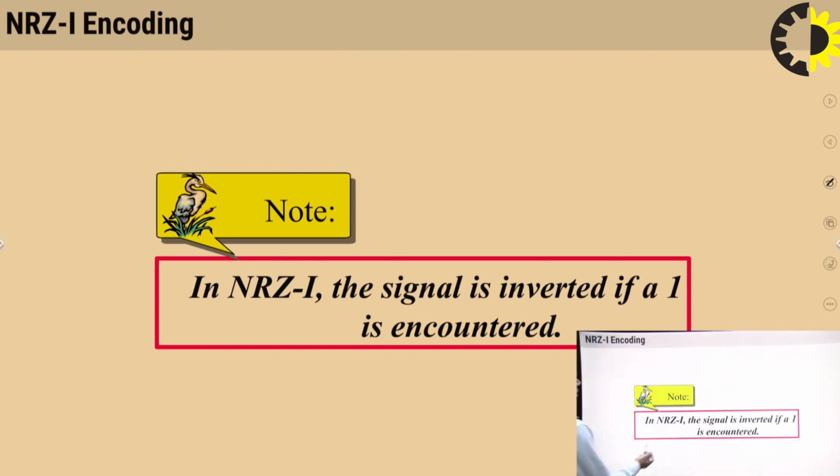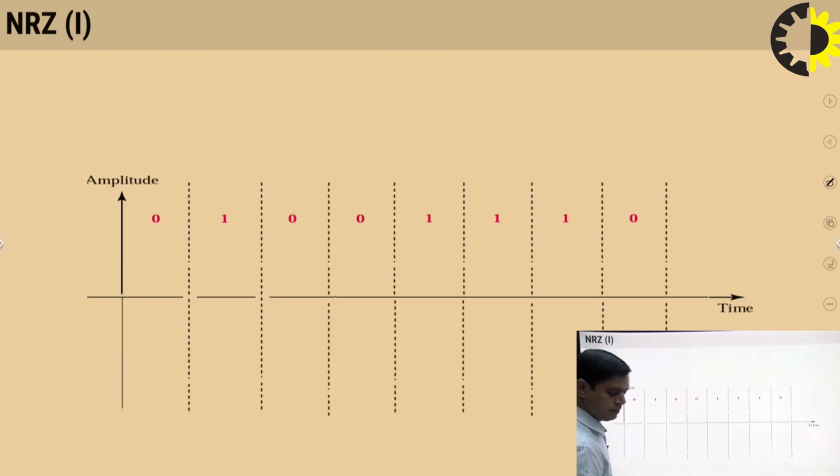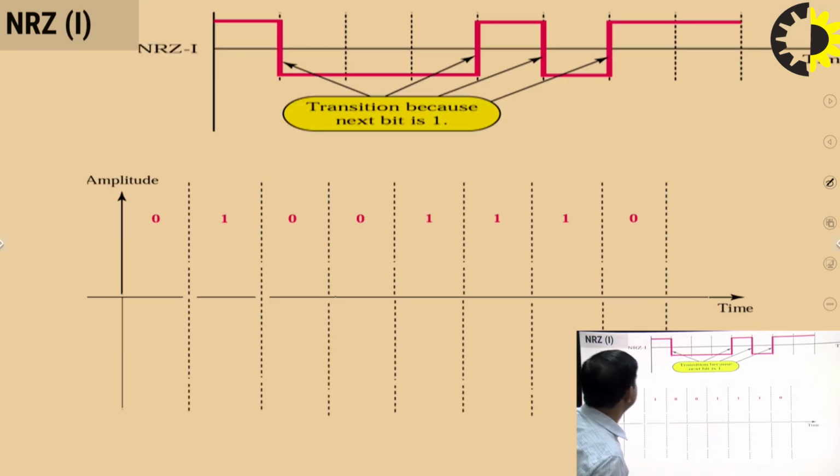Now come to the second category of NRZ, NRZ-I, that is non-return to 0 and I means inverted. What is the meaning of inverted? Whenever 1 will be encountered, the signal will be inverted. Let us take the example. Now, how we are getting this? First of all,